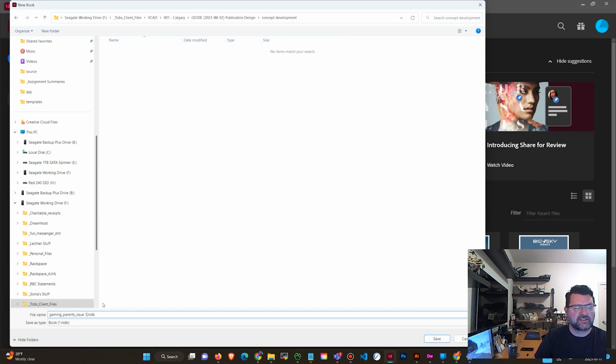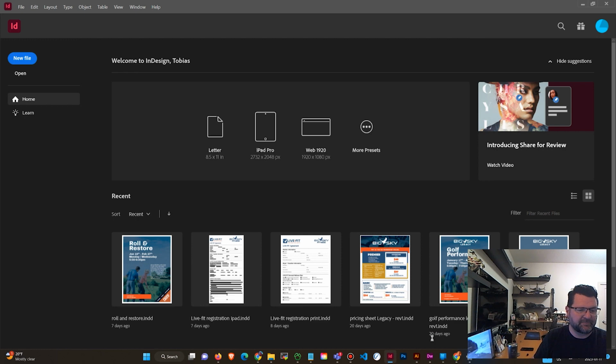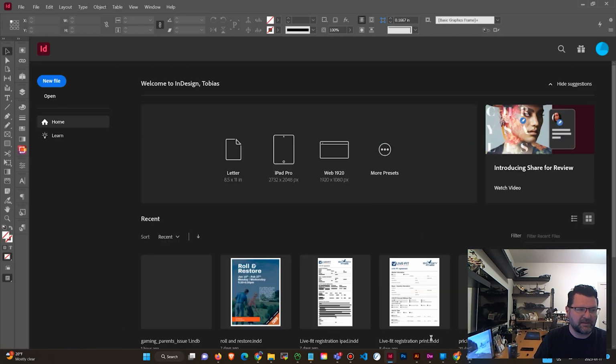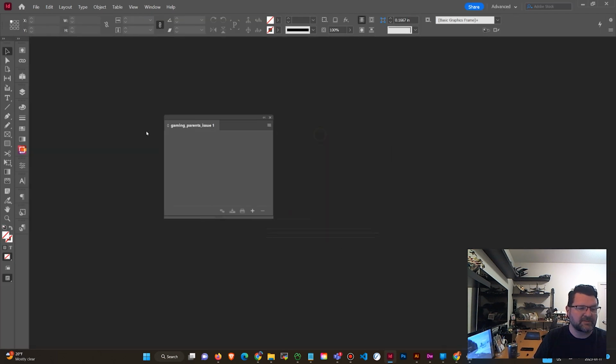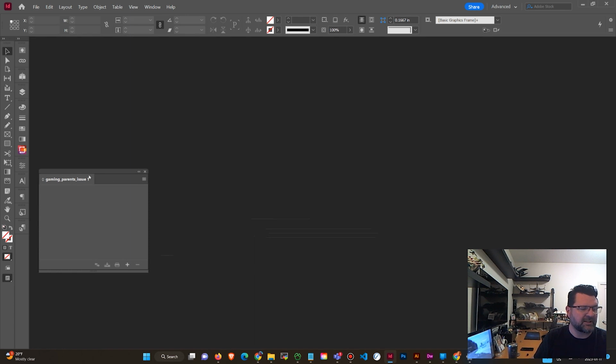But most of your concept work isn't really going to be in the INDB file. That's what this book file is here. Okay, most of your stuff, your actual revisions and stuff, are going to be in your InDesign files, which you link to your InDesign book. So you hit save. And all you're going to get is this palette here. Doesn't look like much, but it's kind of like a file. But then we're going to make a new